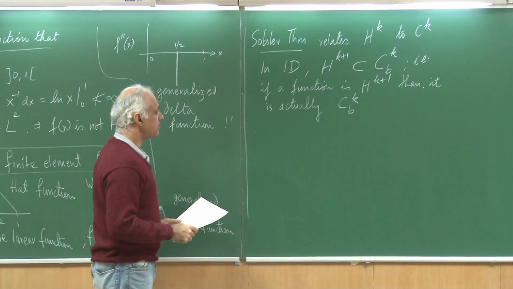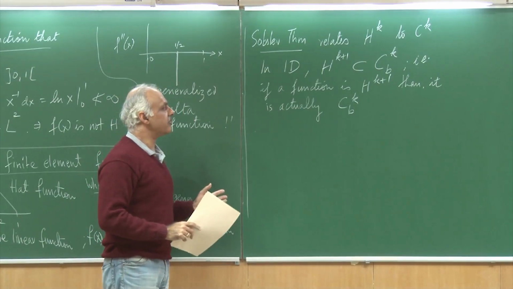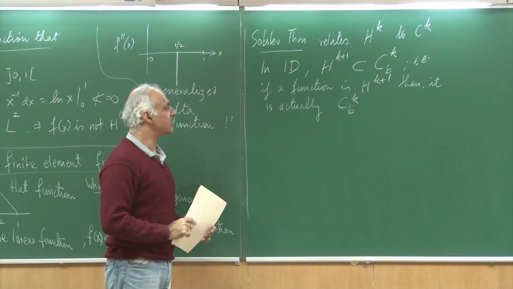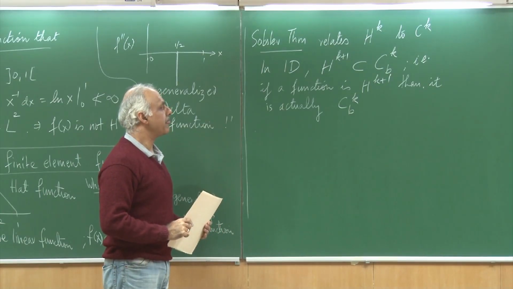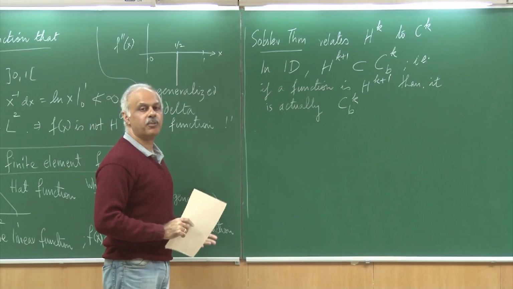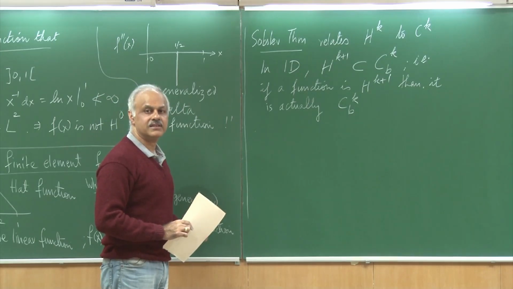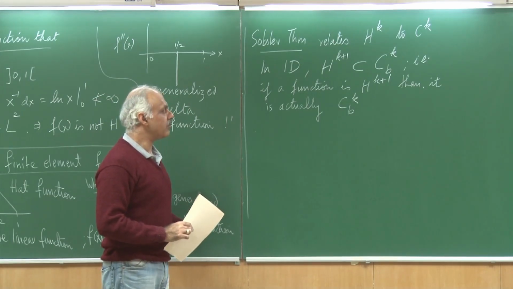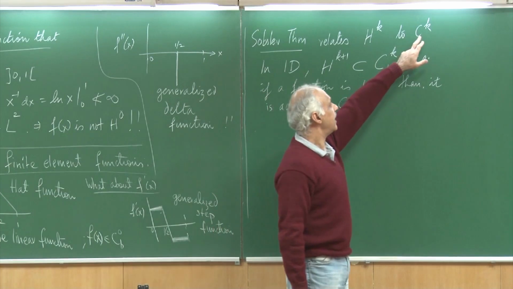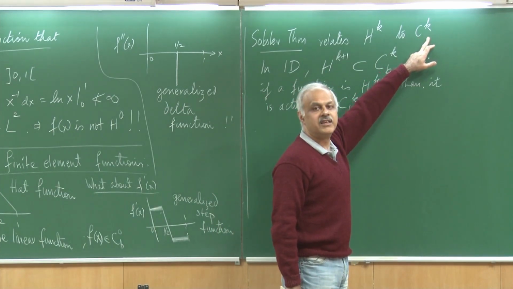So this relates the ideas of continuity from an integral point of view to the ideas of continuity that we are already familiar with. When we want to look at a function being of the class Ck, we inspect the function